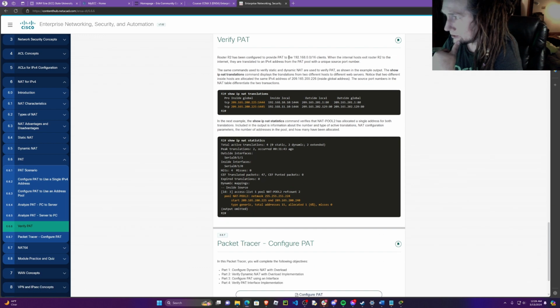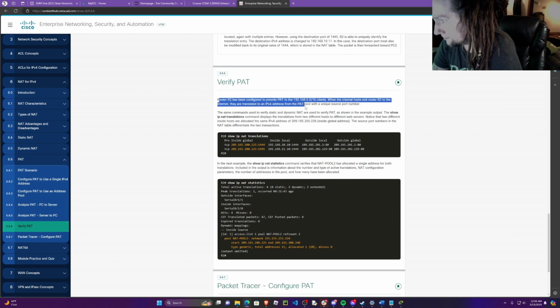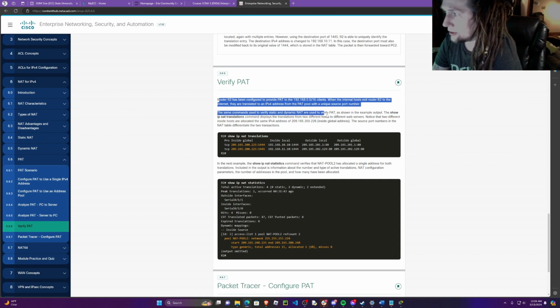And here it talks about verifying PAT. Okay, so R2 has been configured to provide PAT to the 192.168.0.0 client. When the internal host exits router R2, they are translated to an address from the PAT pool with the unique source port number. The same commands used to verify static and dynamic NAT are used to verify PAT, as shown in the example